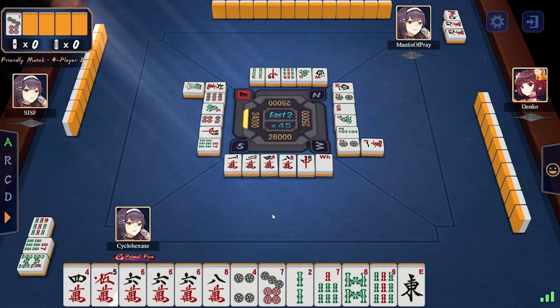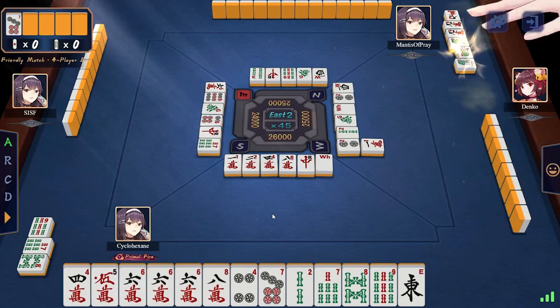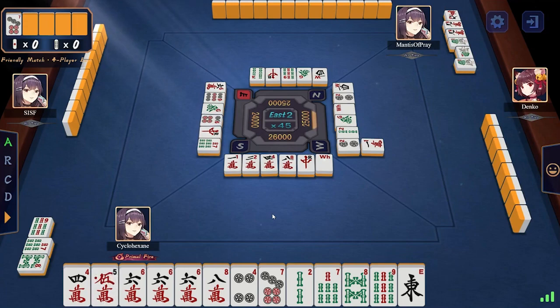As a reminder, chi means... well, it probably isn't here, but pon means you steal the tile of the other player and add it to form a triplet. But it opens your hand as a result. There you go. So right now, what Normal could be going for with his triplets, he could go for all triplets. He could go for